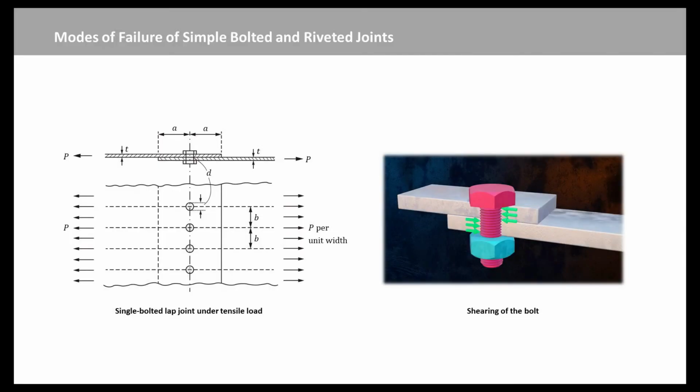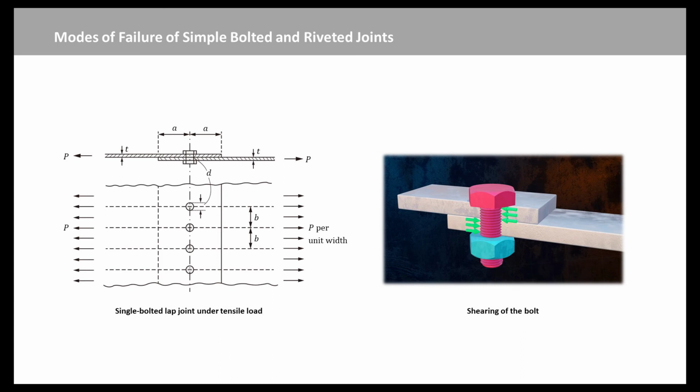Now we can make an example to show the application of the normal and shear stresses. This slide shows bolted joints. Bolted joints are widely used in structural steelwork. This picture shows joints between two plates of material. Suppose the plates are each of thickness T and that they are connected together with a single line of bolts, giving a total overlap of breadth 2A.